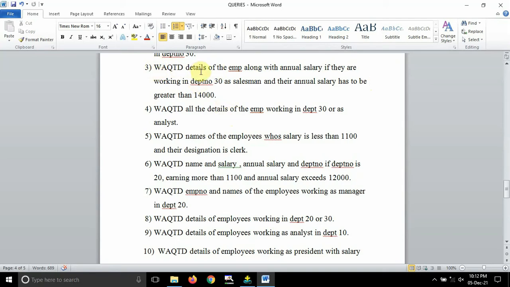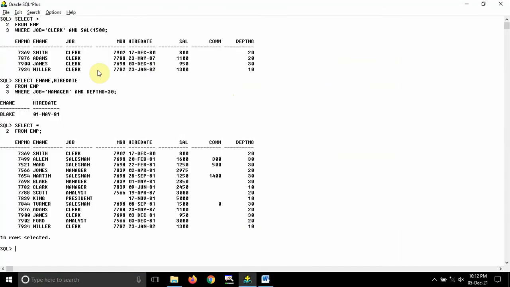Okay, so I want to display all the details. Whenever it says details, that means all the details which are present in the table. So all columns I have to display first, and along with that, I have to display annual salary. First I will just clear the screen, guys. Clear SCR.